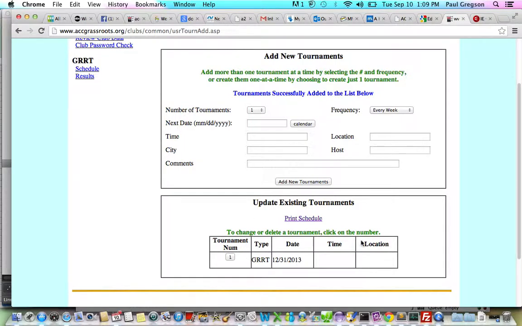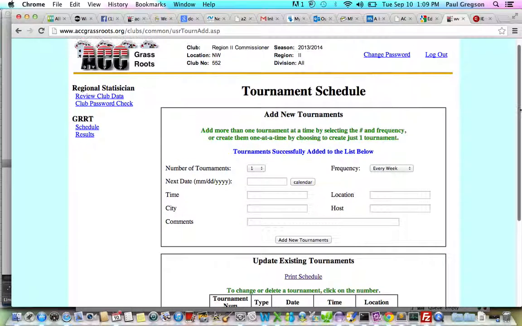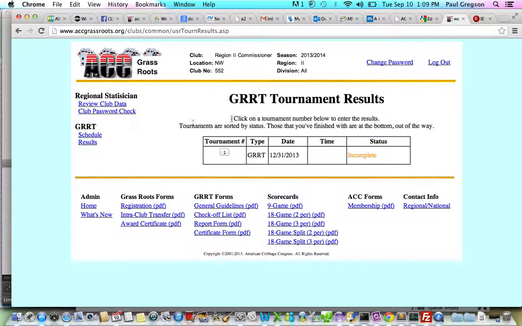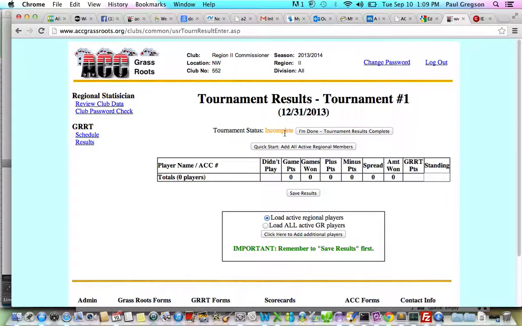So Bill, you don't actually have to do this step now because I've just done it actually on the live system. So that's the first step, is to schedule the regional. And then the second step, once you actually get the results, is to go in and enter them yourself if you choose. So to do that, you would click on results. From there, you'll see listed the regional that you just scheduled on the schedule tab. You go in, you click on the name of the tournament,